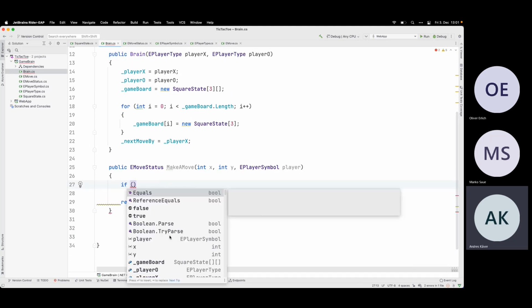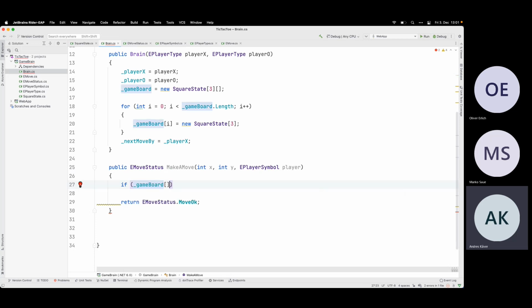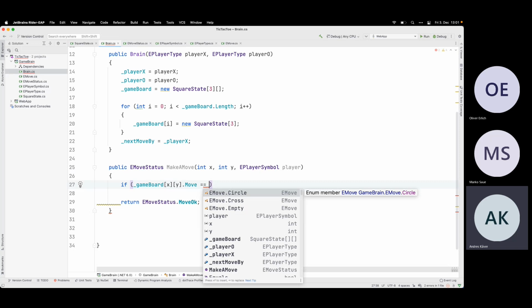So let's check if our game board x, y move, if this one equals to the something empty.